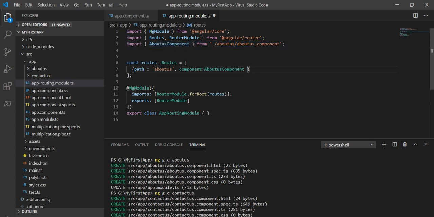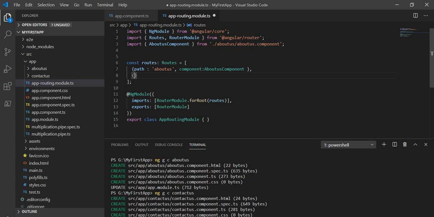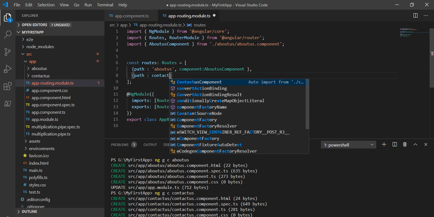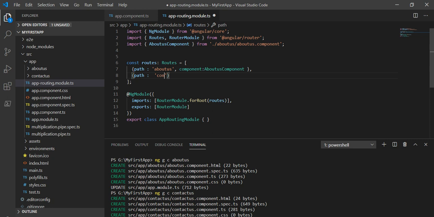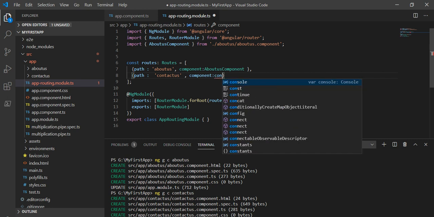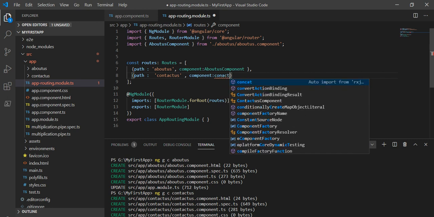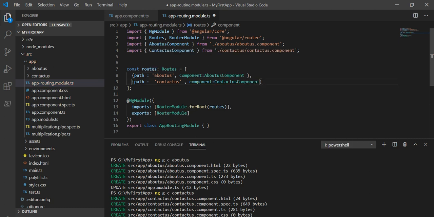Now next, add the next path, which is contact-us, in single quotes. Basically this should match when we use this router link in the HTML page. Now we have to attach this name with a component, and the component we assign is ContactUsComponent.